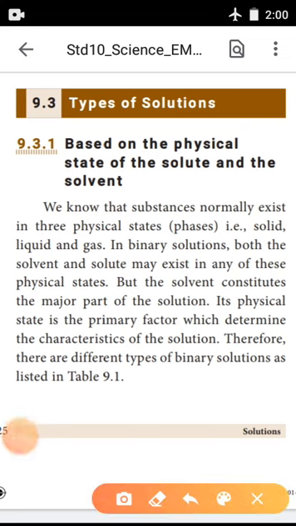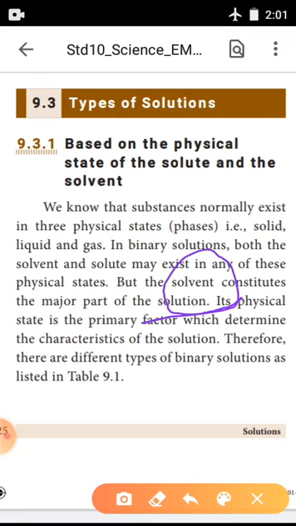So in a solution, which one is the major part of the solution? The answer is solvent. This is one of the book's inside 1 mark questions, so you have to mark it. This is a 1 mark question. Which one is the major part of solution? What is the answer? Yes, very good. Solvent. Then what is the definition of solvent? Yes, good. The component which is in larger amount by weight, that is solvent.